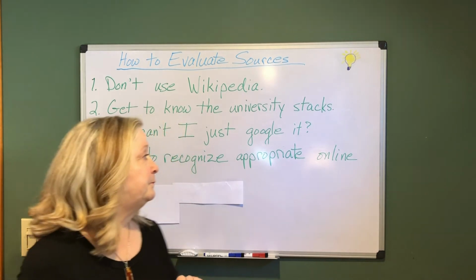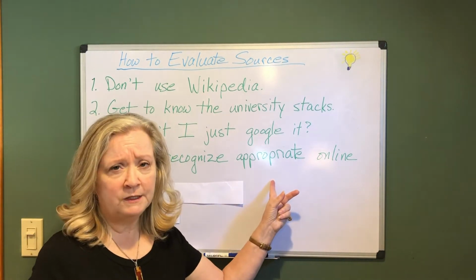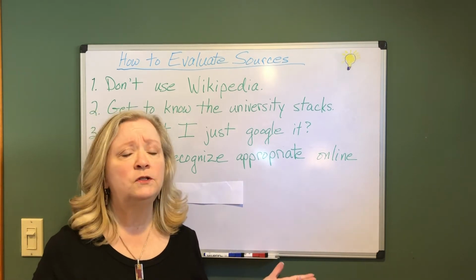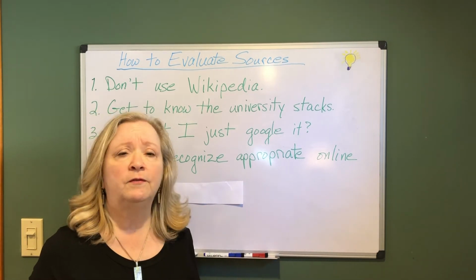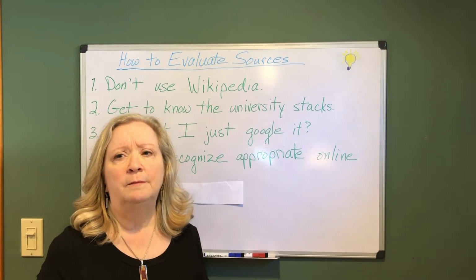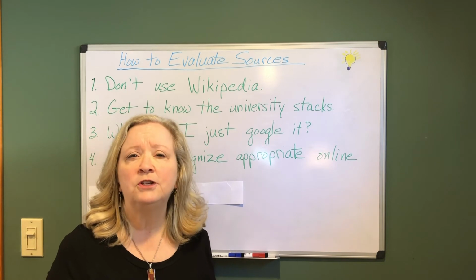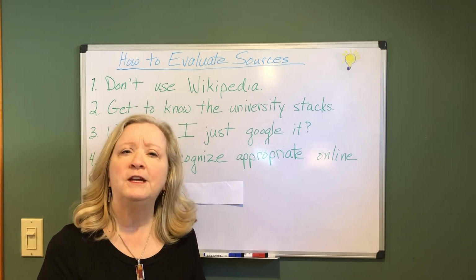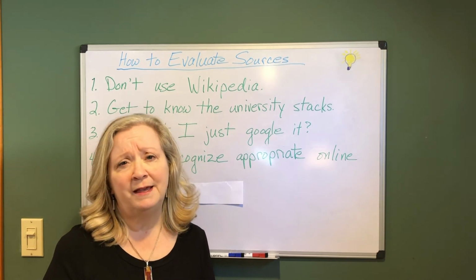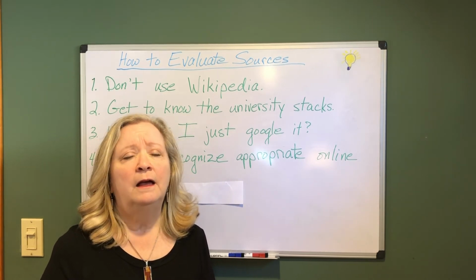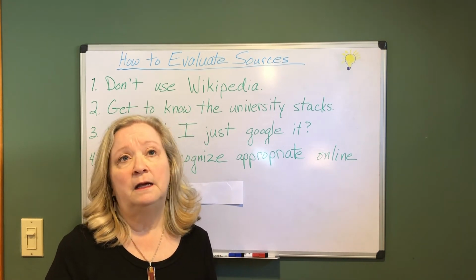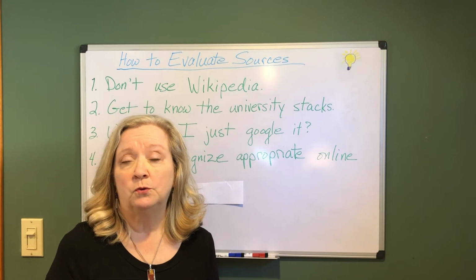The other thing that is an appropriate online source are style guides. Most style guides have online sources and you're absolutely free to go use those. The Purdue OWL site I think has the Modern Language Association information online. The Chicago Manual of Style, CMS, APA, all of those style guides are online, and you know, those are perfectly good sources to use.